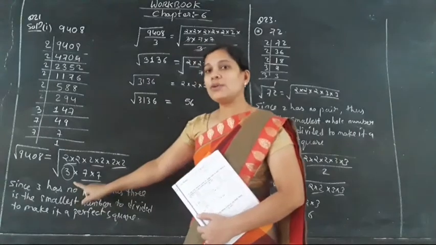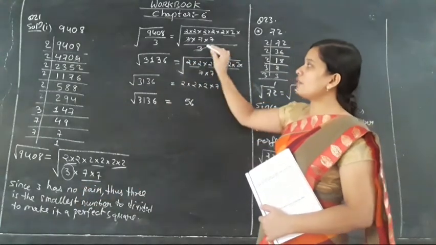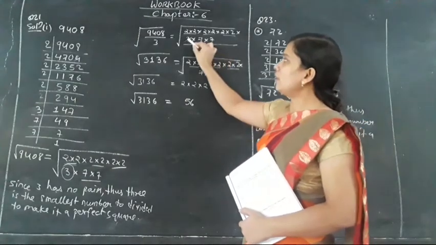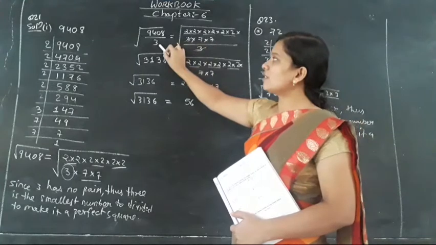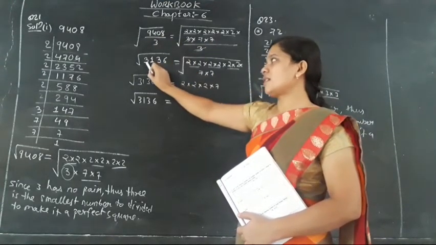So this number is going to be divided, okay, in order to make it a perfect square. So dividing both sides we have to make it. So 3 will be divided from the numerator and denominator. This 3 will be divided into 9408. You will get the answer as